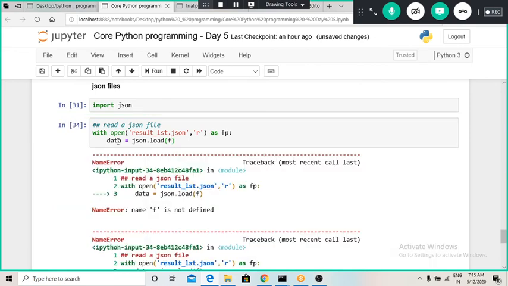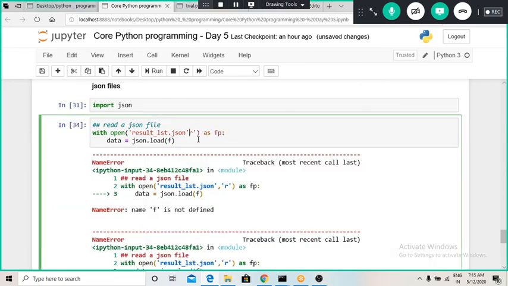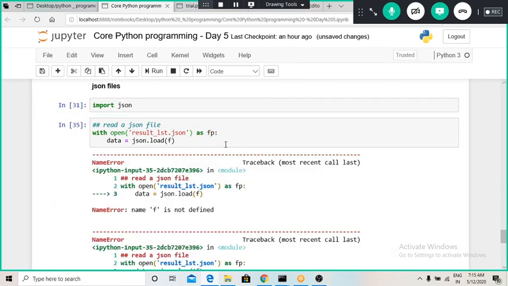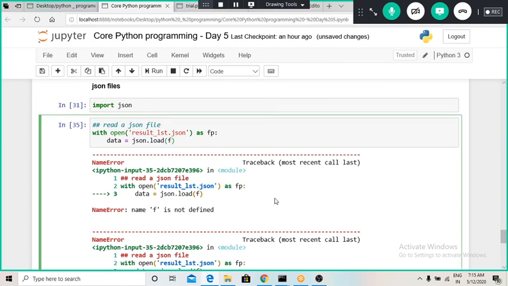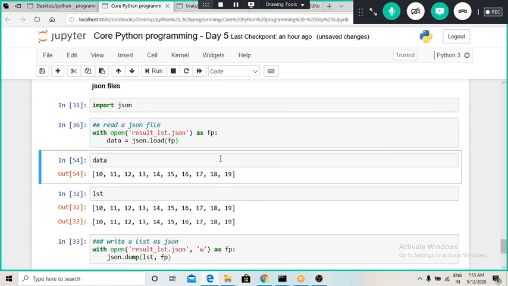Okay, so this particular error was because while importing there is no need to use this r parameter. The problem was because of fp.